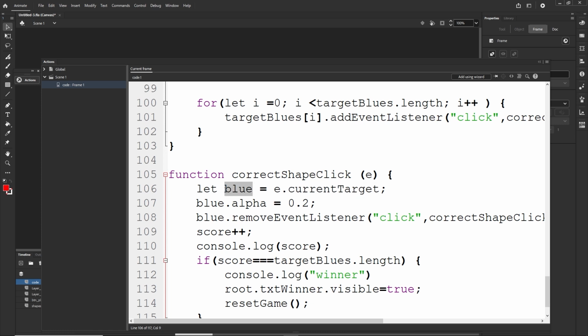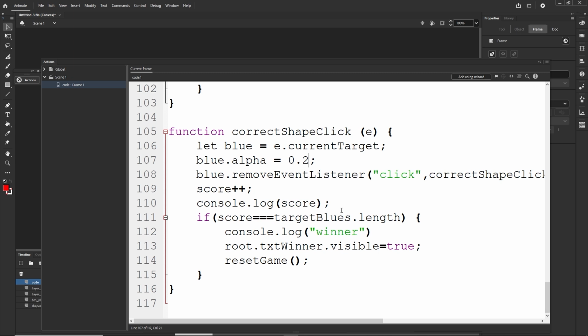We are storing that into variable blue, so we do not need to type e.currentTarget.alpha and e.currentTarget.remove every time, but you do not need this variable. We are changing the opacity to 0.2. We could change it to 0, but we are changing it to 0.2. Then we are removing the listener. If we would change this to 0, we potentially wouldn't need this remove listener, but I will keep it as we have for now. So 0.2, and yeah, we are increasing the score, we are console.logging the score,